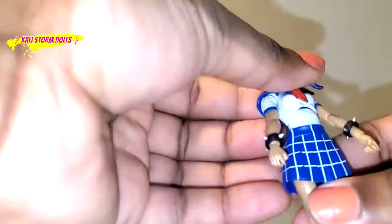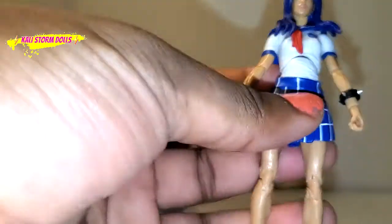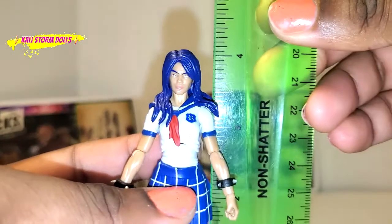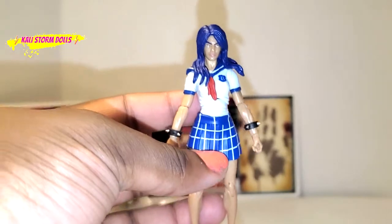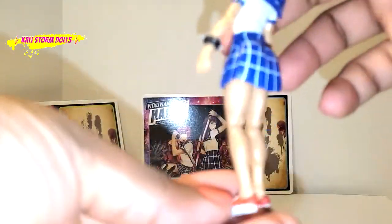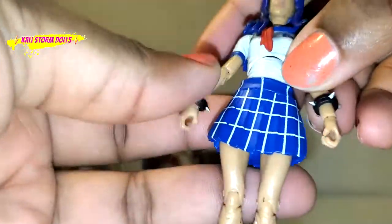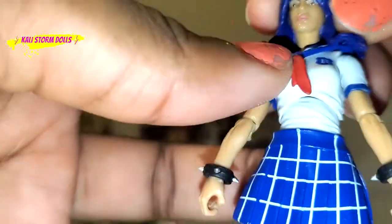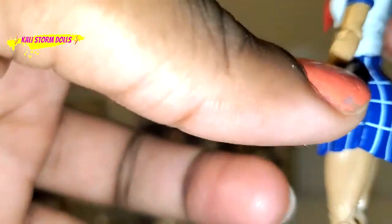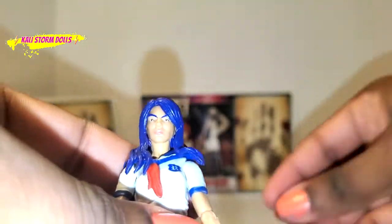And now we have our homegirl, Alice. And I think I may keep her on this. We'll see. But this is her height. And right now Alice is giving me just at 4 inches, which is pretty cool. So you can see this is the figure. She comes with these red and white school shoes. She has on the school skirt. And then you have the top. Her ascot is a separate piece. And her wrist bracelets are also separate pieces. And this is the Alice face sculpt. Giving me a little bit of...